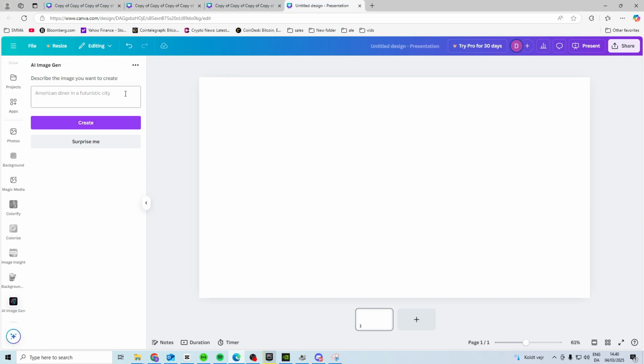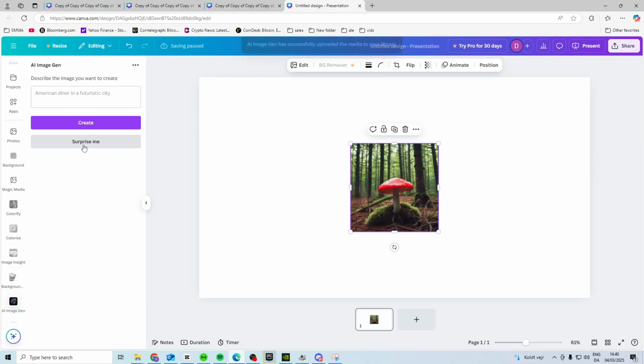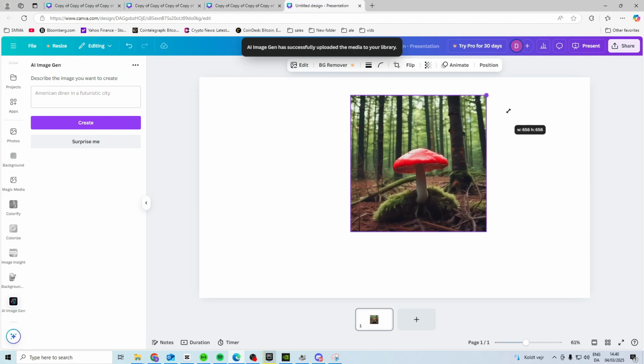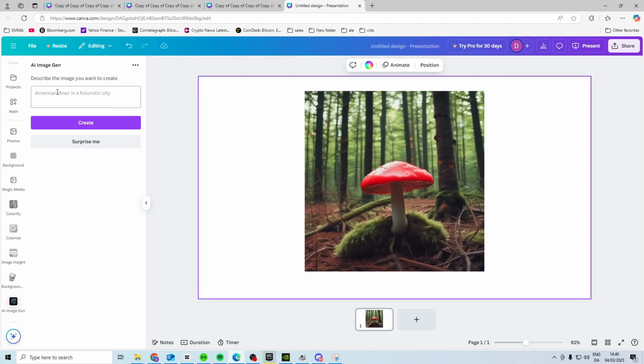So let me just say a red mushroom in a forest. Create, and it's going to start creating your image. Now you also have the option to just press surprise me, which will just make a random one. But as you can see, it made a red mushroom in a forest. Now you can be much more specific in what you type, and it's going to be much more specific on